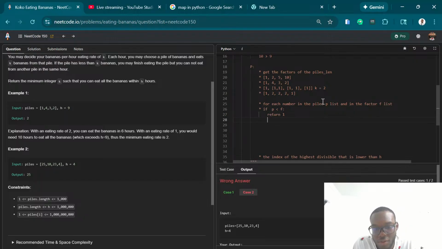But then if P is less than or equal to that, if P is greater than F, right, then we're gonna